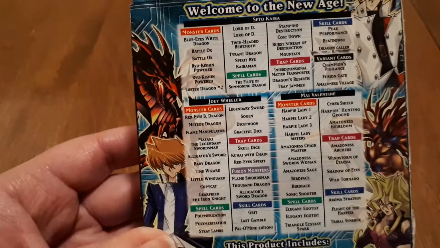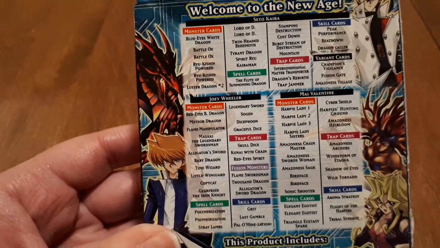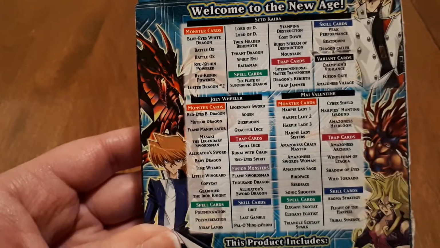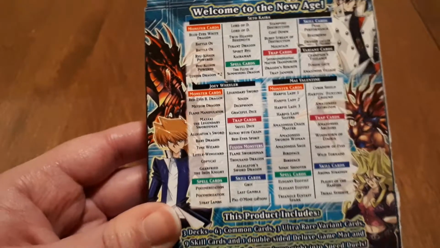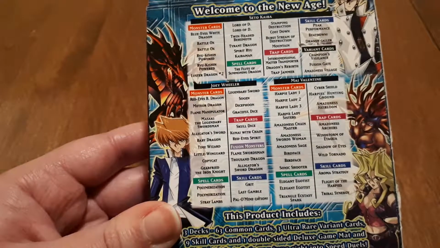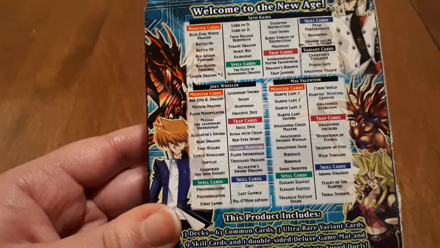For Joey, we have the Red Eyes Black Dragon, Meteor Dragon, Flame Manipulator, Mizaki the Legendary Swordsman, Alligator Sword, Baby Dragon, Time Wizard, Little Wingard, Copycat, and Gearfried the Iron Knight. Spell cards: Polymerization, 2 of those. Stray Lambs, Legendary Sword and